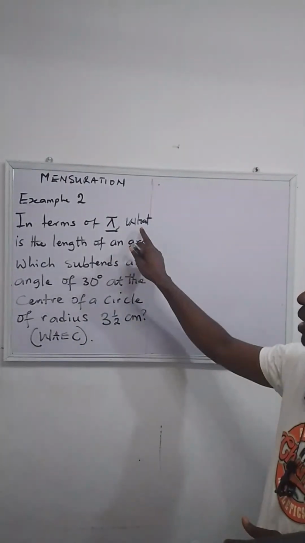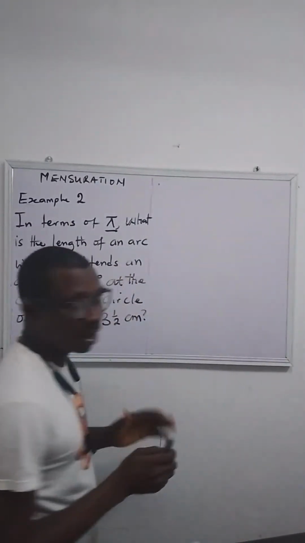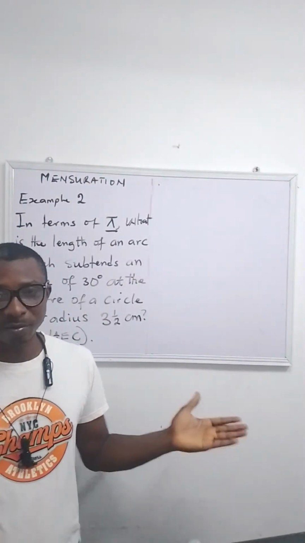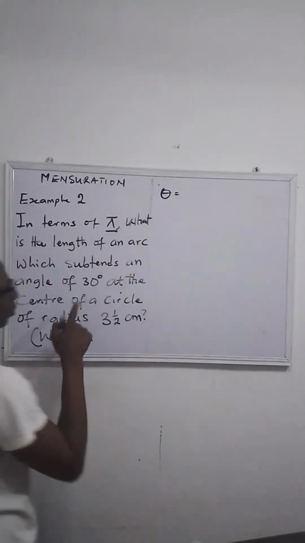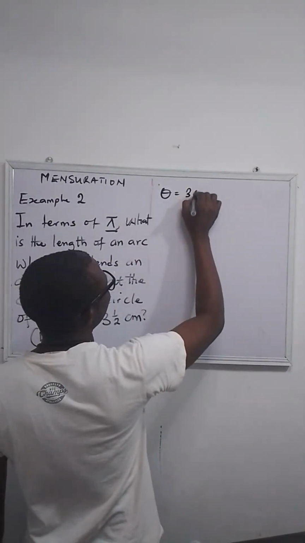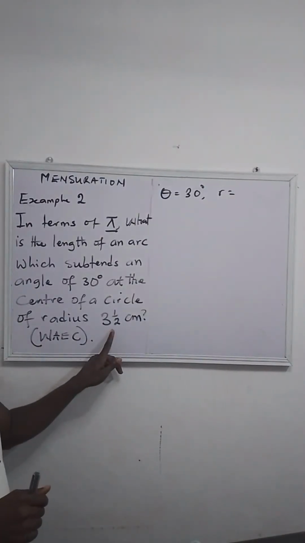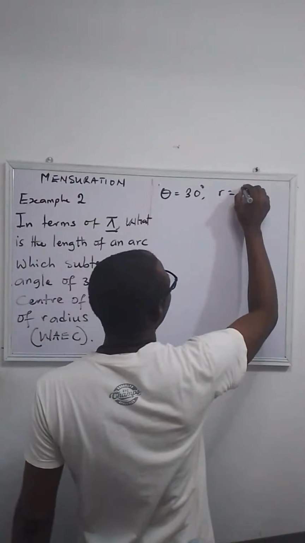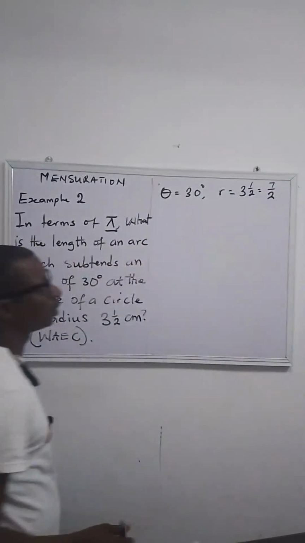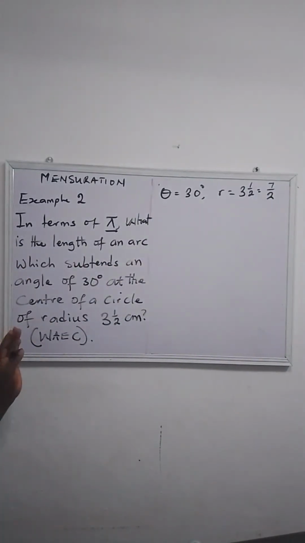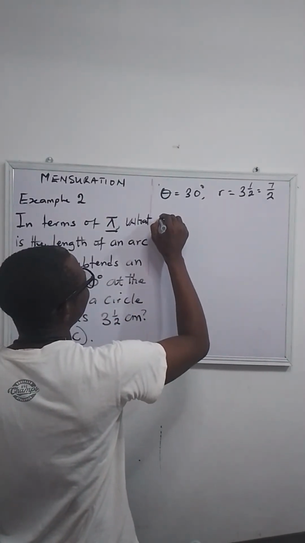Now, the question wants me to get the length of an arc. So I don't have any problem. All I need to do is write out the formula and substitute. But before I substitute, let's get the angle subtended. The angle subtended at the center of the circle is 30 degrees. What is the radius? The radius is 3 and 1/2, which is the same thing as 7/2. We have pi to be pi. So now the length of arc